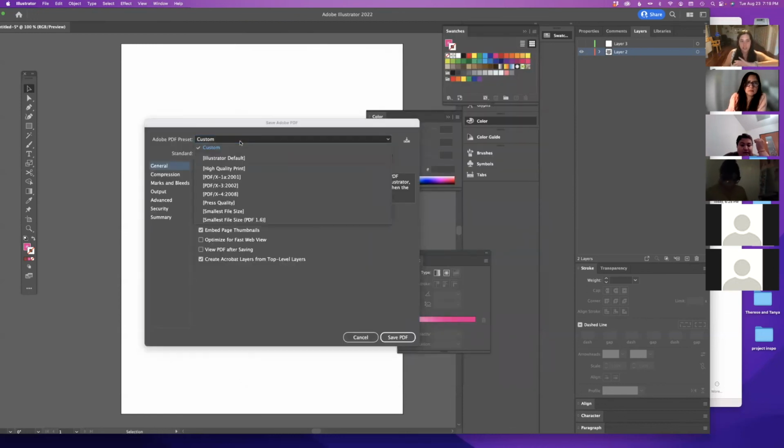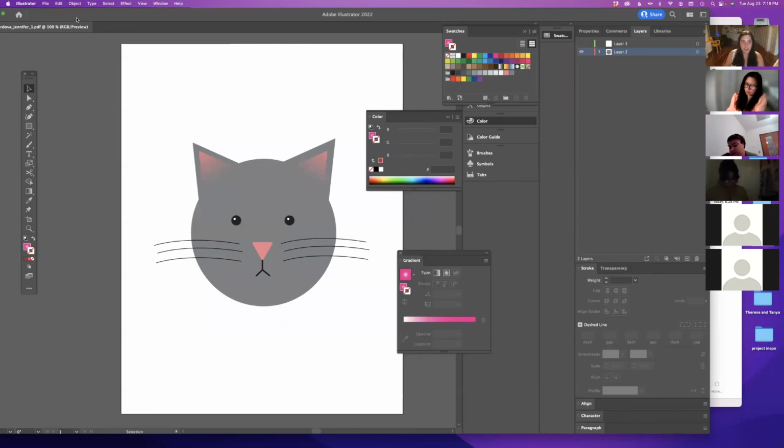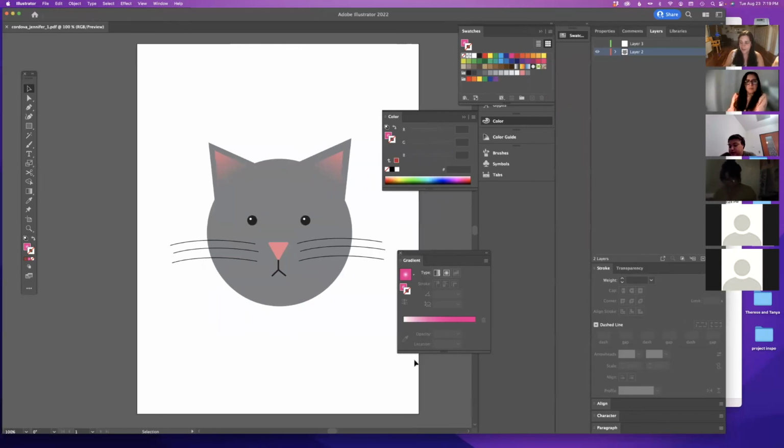You'll get these options. You can just do high quality. Unless you're drawing something super, super elaborate, it shouldn't be a huge file size. If you do take it upon yourself to draw something super elaborate, then good for you, but you might want to save it as smallest file size, but your editing capabilities will change. You can actually open up PDFs in Illustrator and go back and fix them unless you change to smallest or press quality or compress your file in some way. So just select high quality and then you save it and then you're done. And now you have this PDF file and that's what you upload into Canvas.